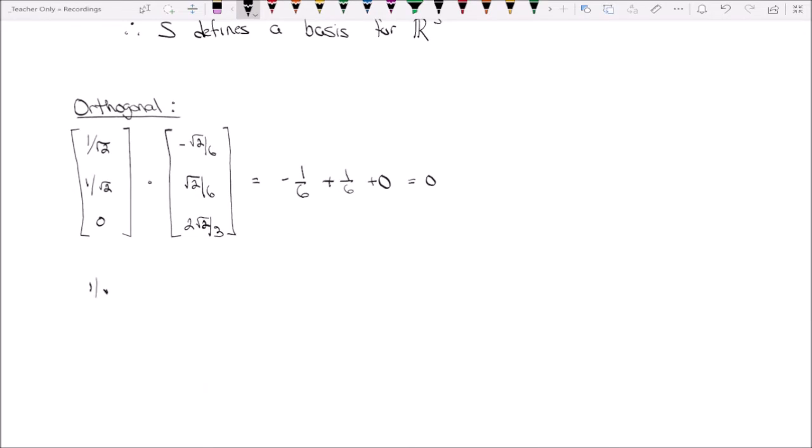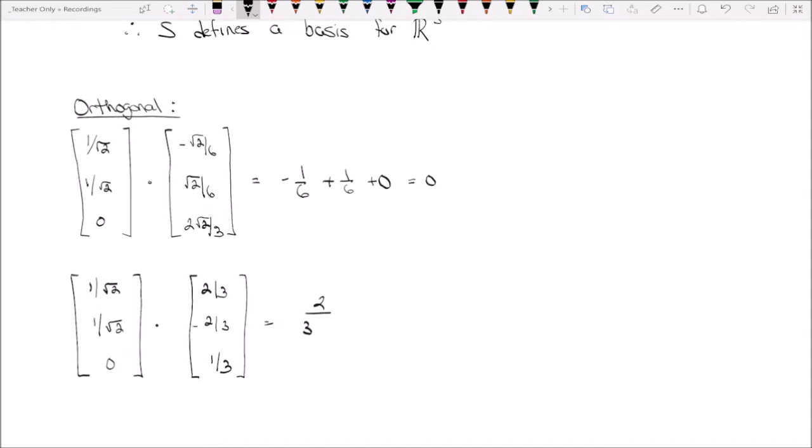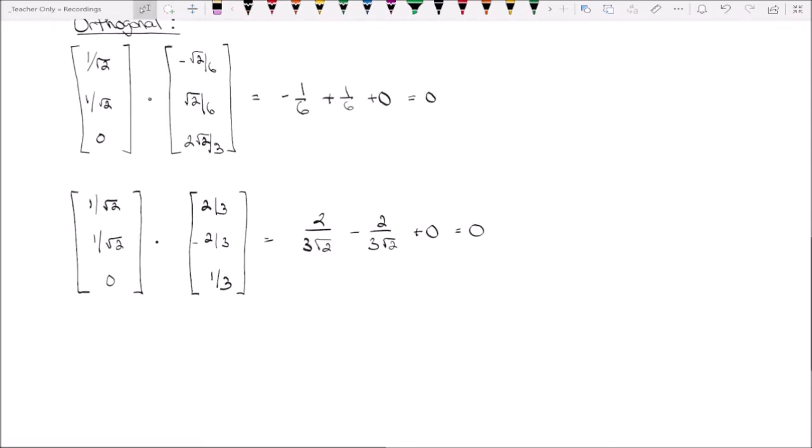Second pairing, we'll have 1 over root 2, 1 over root 2, 0, with 2/3, negative 2/3, and 1/3. This will give us 2 over 3 root 2 minus 2 over 3 root 2 plus 0, which is again 0. Third and final pairing,